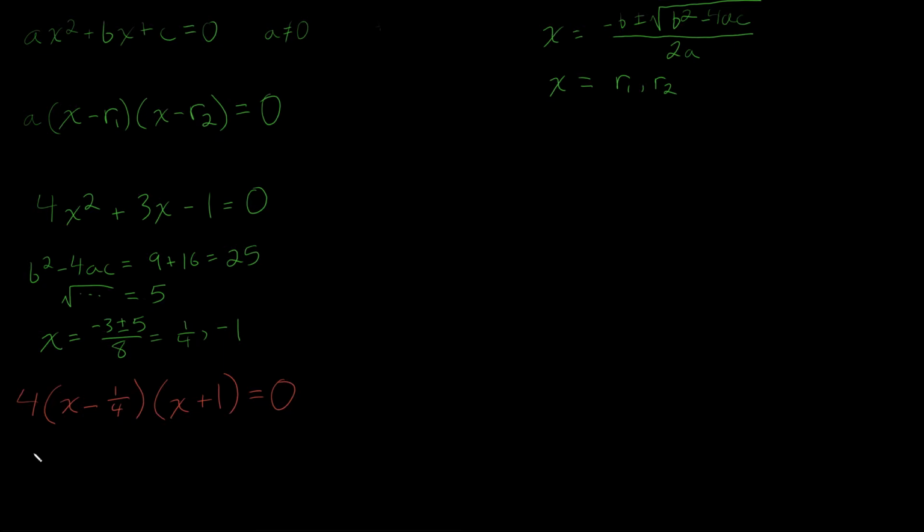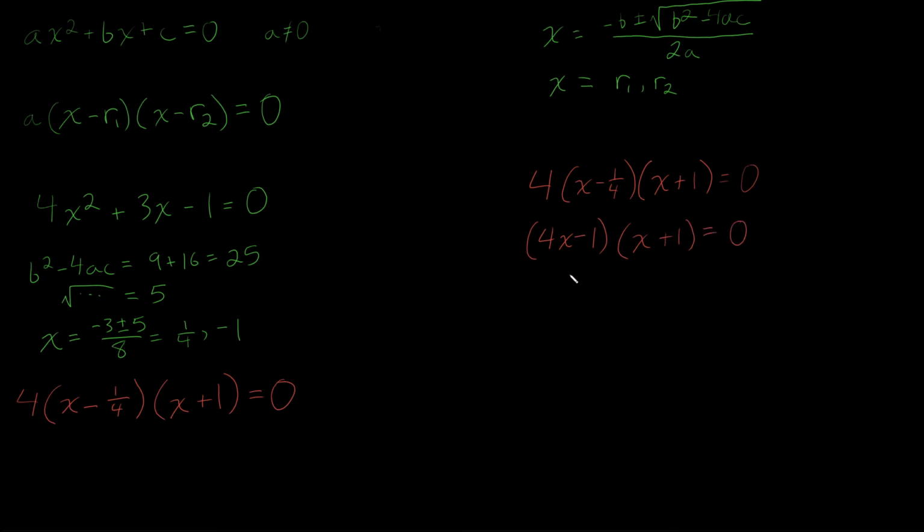If you don't believe me, I believe we have enough time. Of course we have enough time. We have as much time as we want to expand this out. So what I'm going to do is take this 4 times x minus 1/4 times x plus 1 equals 0. I'm going to get rid of this fraction because I don't like fractions. So let's distribute that out. That's 4x, oops, not plus, 4x minus 1 times x plus 1